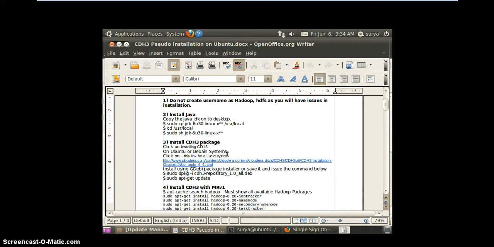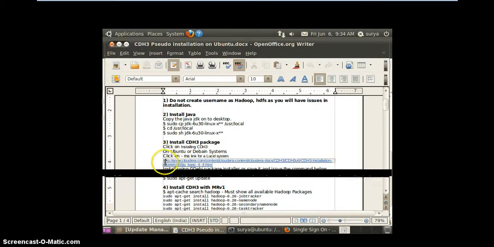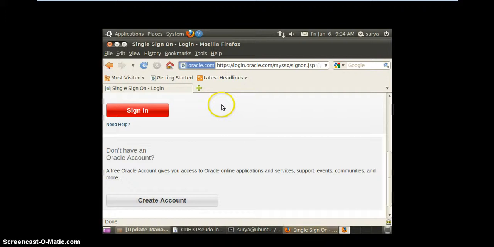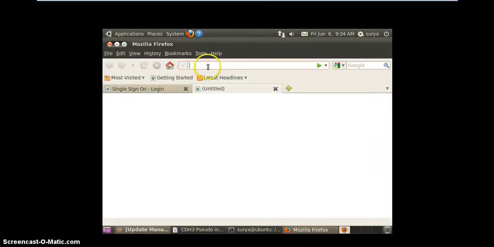So in order to install Hadoop, what do I have to do? I have to download a Debian package from cloudera.com. You can go to www.cloudera.com and download the cdh3 package. Let me show you. You can refer to this document and download for your Ubuntu.